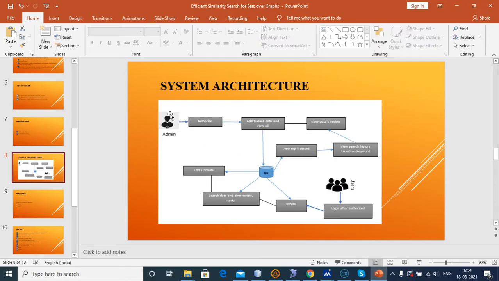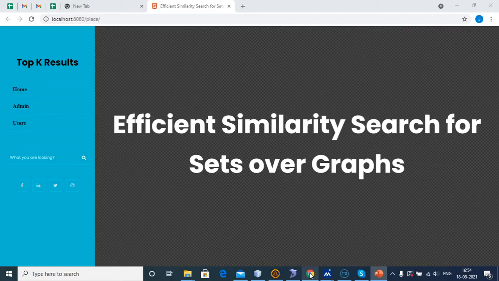One is the admin module, another one is the user module. In the admin module, the admin can view the users and authorize them. For that, the user can register first. After the registration, the admin can authorize the user. After authorization, the user can log in. Without the authorization, the user cannot log in to their account.